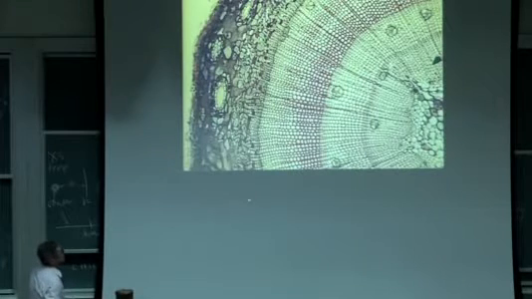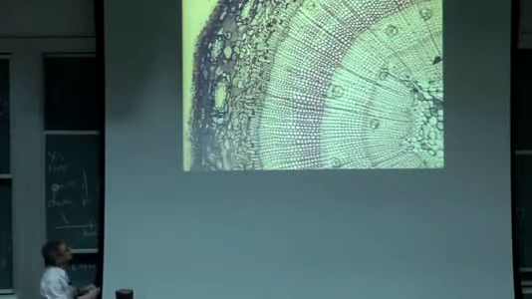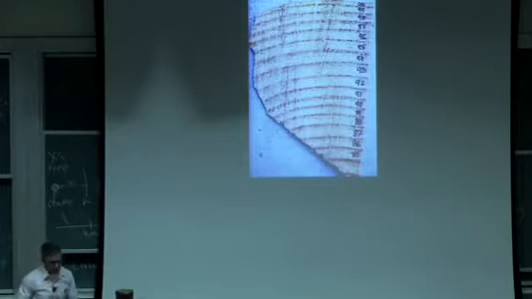Here is a cross-section now of a gymnosperm. Gymnosperms, as we said, don't have vessels. They just have tracheids, but they still show secondary growth. And again, you can see annual rings because the first formed elements of the annual ring have thicker walls on them. Finally, I wanted to show you this slide, which has a picture of a cross-section of wood to indicate